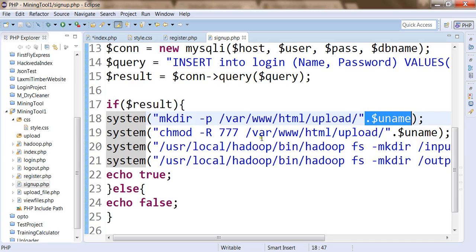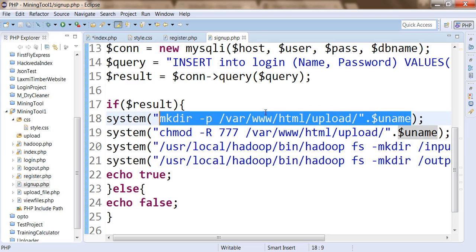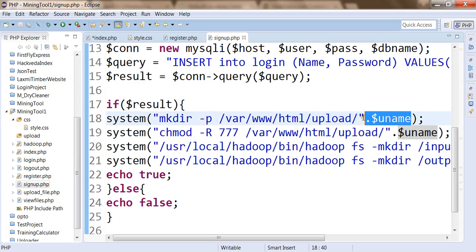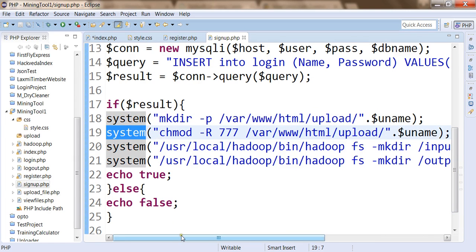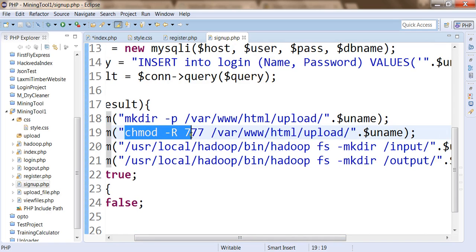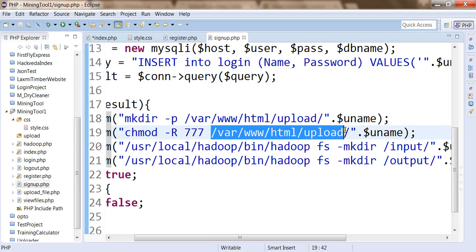So now a directory will be prepared for a specific user, and within this directory we are going to hold all the uploaded files for a specific user. So this uname contains the value which has been received on the registration request. Then we have executed another command on my Linux server, and that is chmod, in order to set permissions on a directory. So recursively for the current directory and all the children available within that directory, we are going to set read, write, execute permissions. So within this path for my username directory we are setting permissions 777, read write execute.